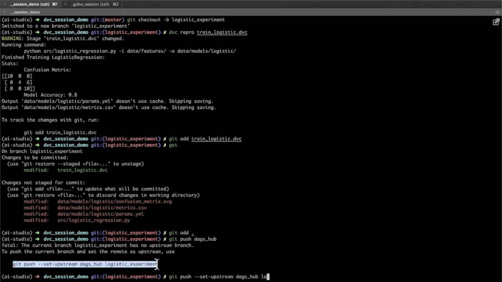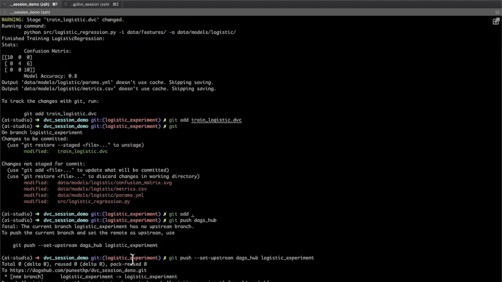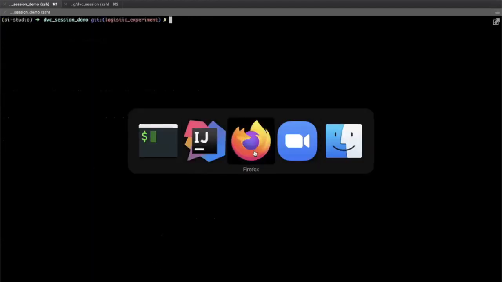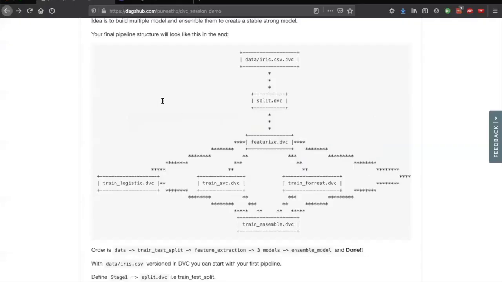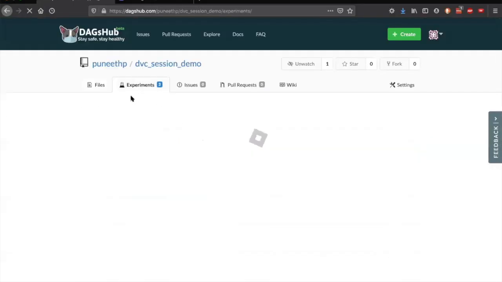I'll be pushing it to logistic experiment. So if you see now, this new model is also getting synced with Google Drive, so that people can see this model also and experiment later. So if I go to experiments tab now, earlier there were 3 experiments.